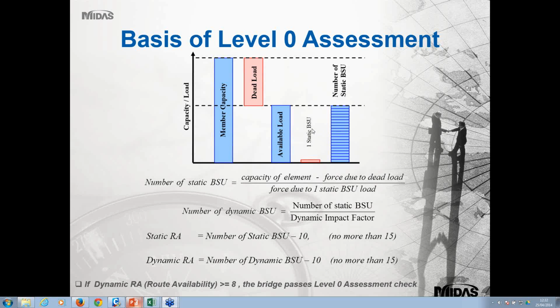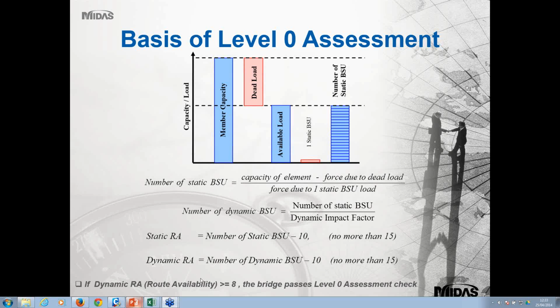So we saw the RA loading consists of 20 British Standard unit loadings. So we calculate the effect due to one BSU, and thus we get the number of static BSUs. That number is then subtracted by 10, and we call it the rating of the bridge, or RA,